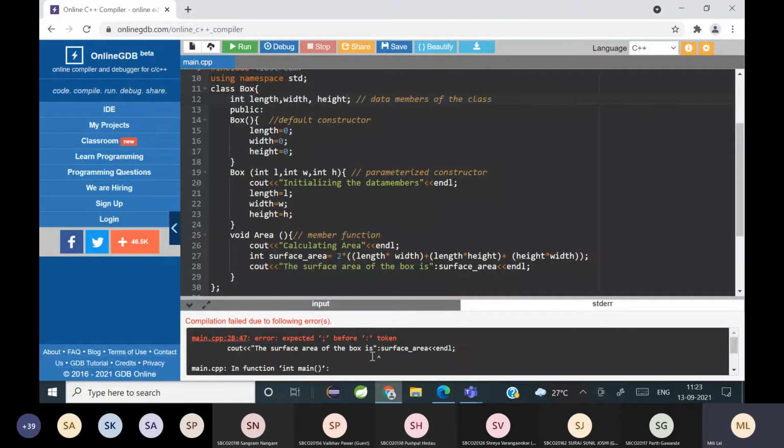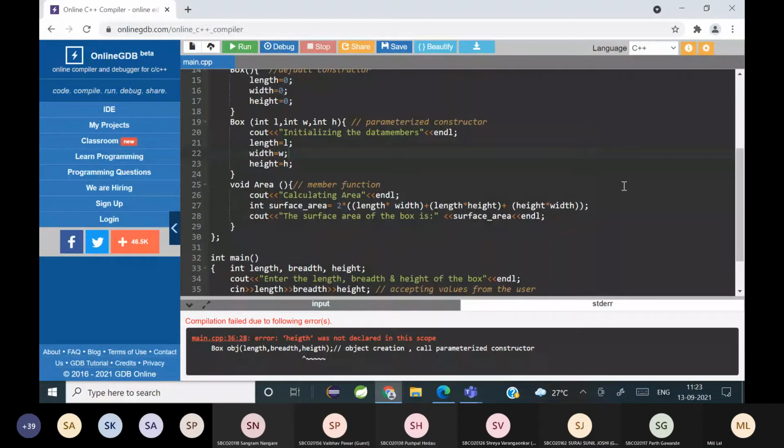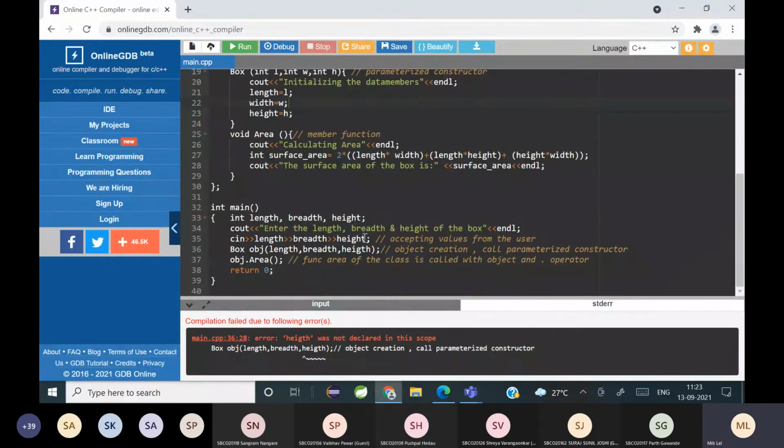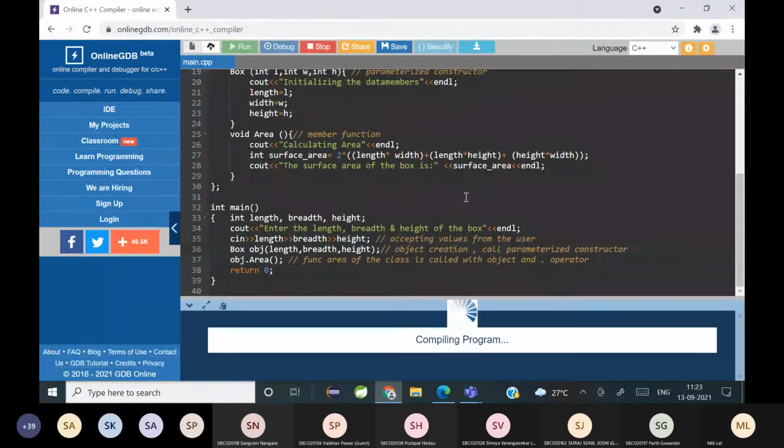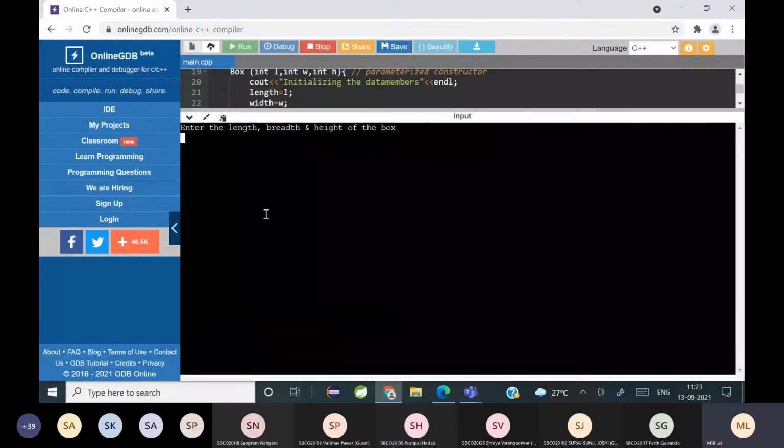Now what is it? cout. Fine. Height again. Fine. So now it's error free. You can enter the length, breadth and height.